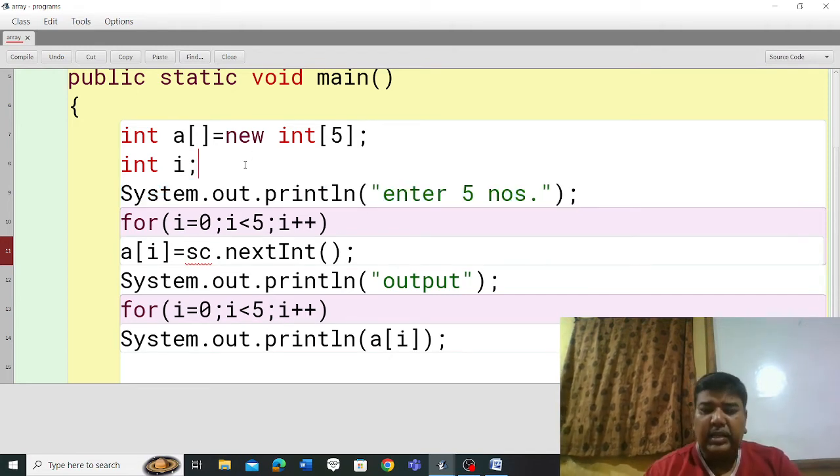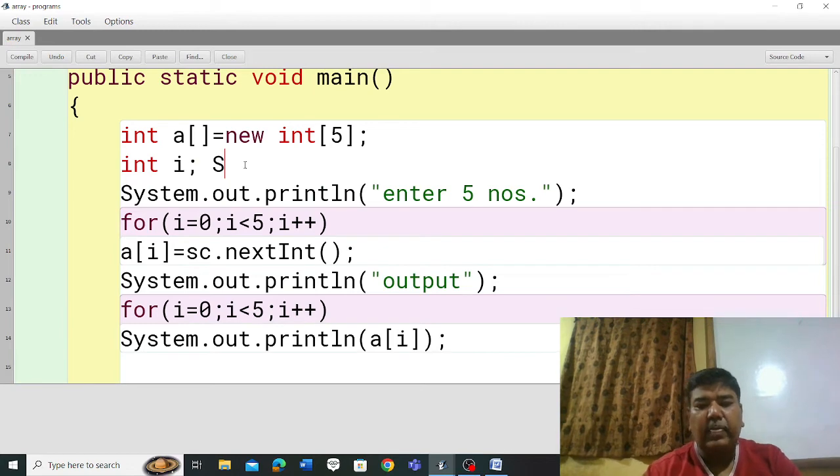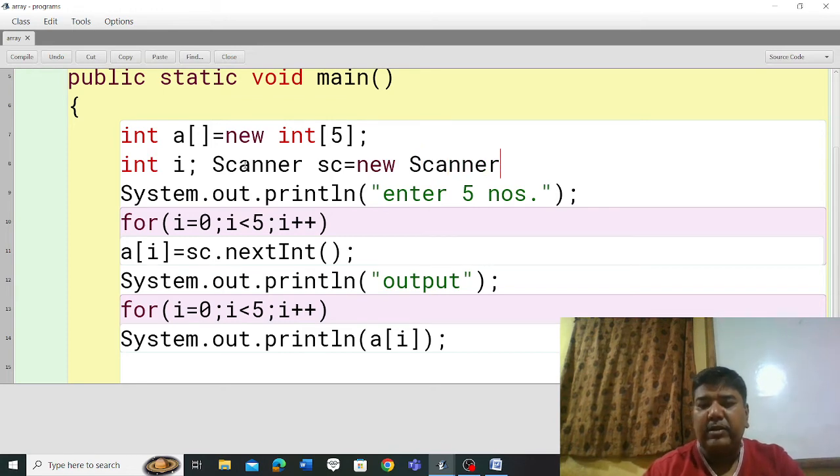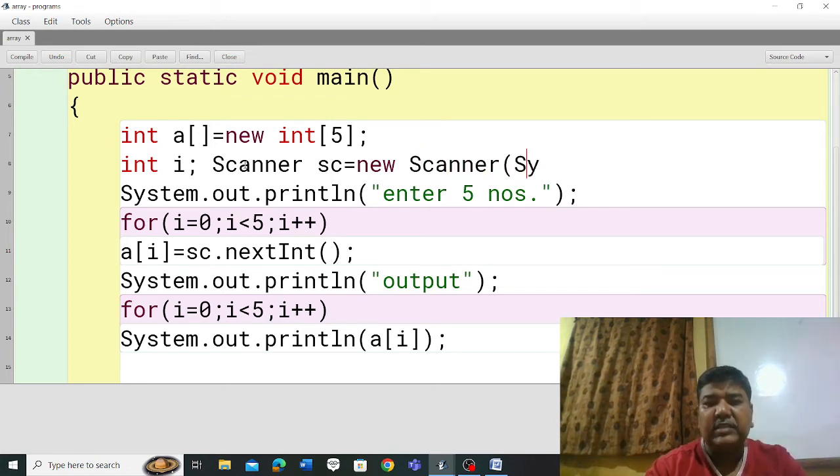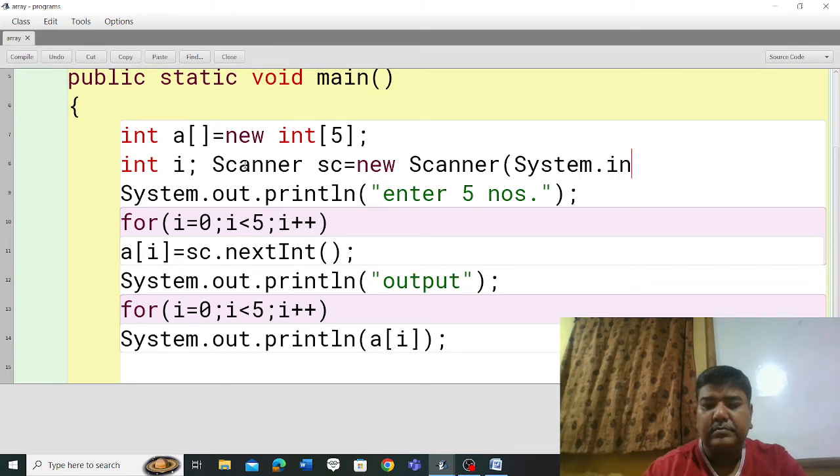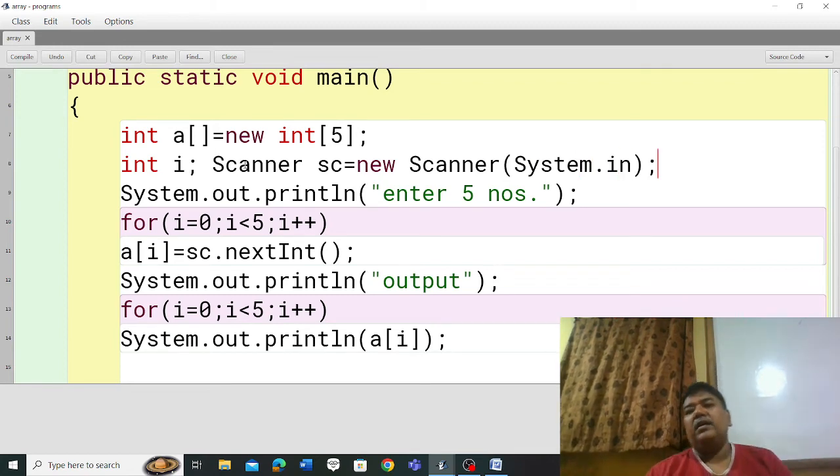See, one line I have written: Scanner sc. Here sc is also user defined. It is a user defined object of the Scanner class.